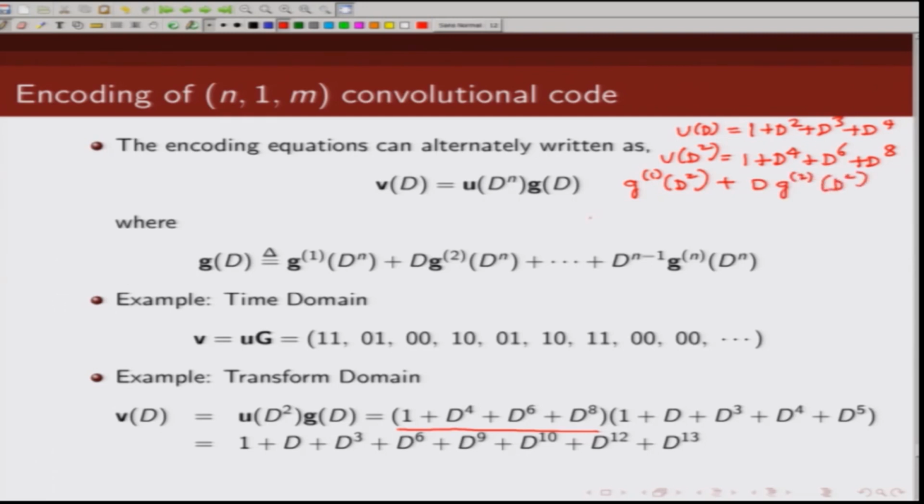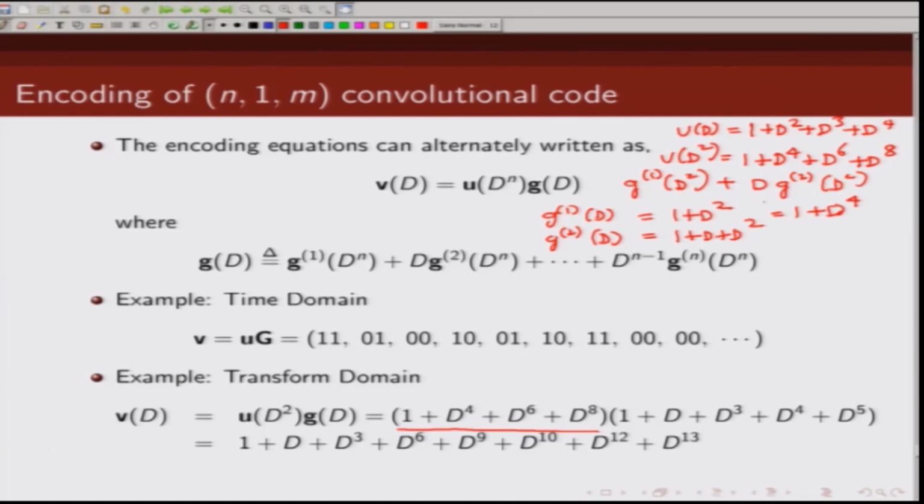And what is g1(D) and g2(D)? g1(D) is 1 plus D square, and g2(D) is also 1 plus D square. So g1(D square) will be 1 plus D 4,